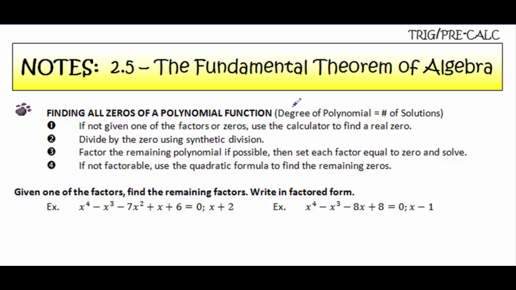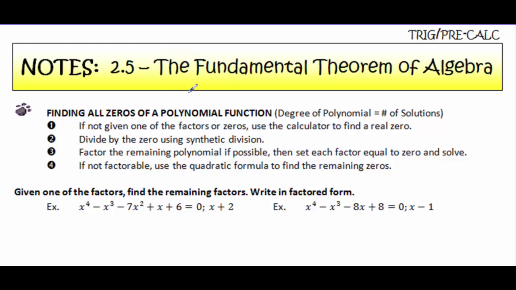The degree of a polynomial is the biggest exponent that it has. Whichever x has the biggest exponent, that's how many solutions you should be able to get. And so there's lots of ways to go about this, but assuming that we want to do this algebraically, in other words, without just using our calculator, we are going to do things like factor and use division, either long division, or we'll mostly use synthetic division to be able to completely factor out what we have. And we may have to end up using things like the quadratic formula,